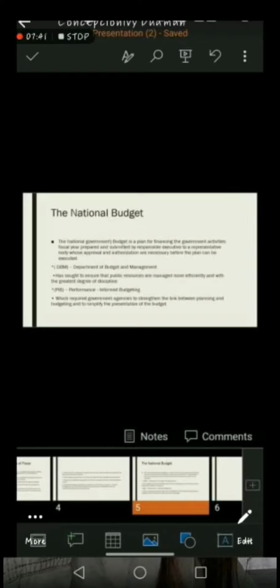Previously, it was a mass of numbers aligned without a clear story on where the funds are going. The national expenditure plan and the general appropriations act beginning in 2014 will show the link between the funds and